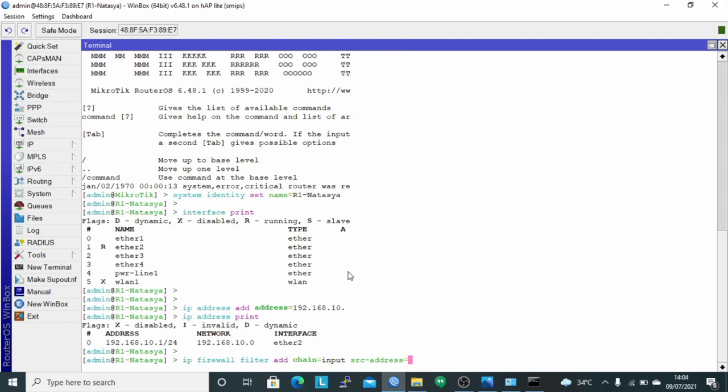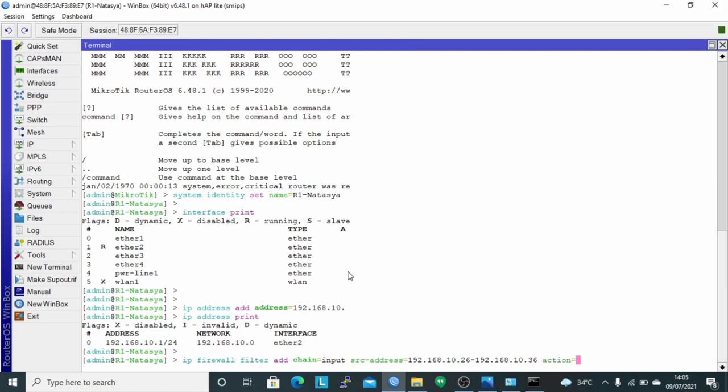Here I will block client IPs 192.168.10.26 until 192.168.10.36.